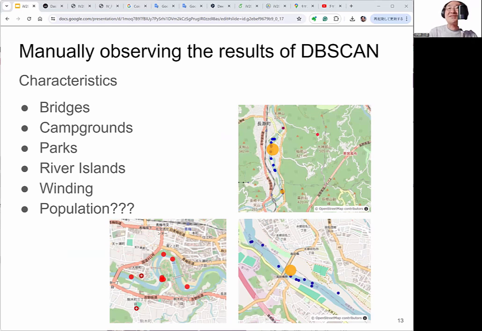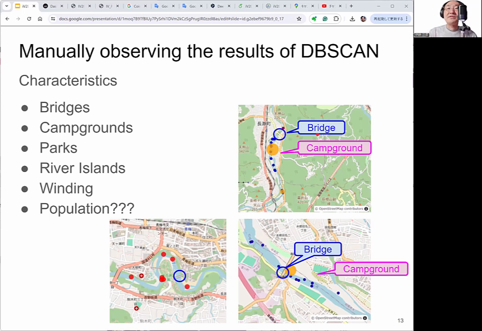to find out the characteristics of hotspots and surrounding environment. We find there are many bridges around the hotspot, and campgrounds and parks, and sometimes there are river islands.